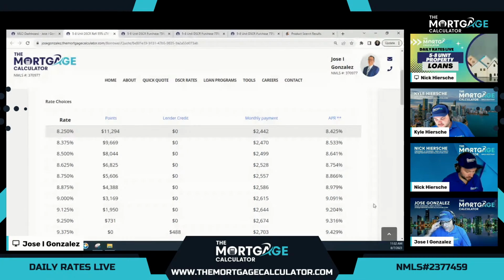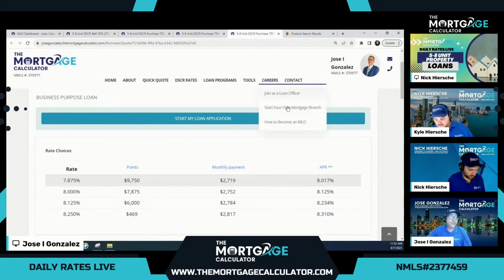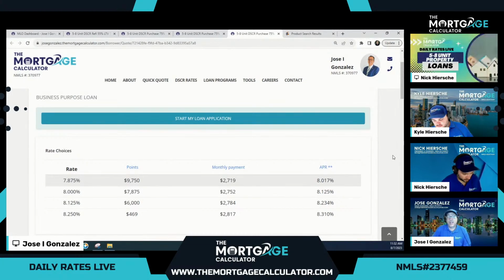As you were noting, in our first example you're looking at rates that are going to beat many of the 1 to 4 unit DSCR rates out there. And to put it into context, the rates you're going to see in most of the competition on this 5 to 8 unit residential product are definitely higher than 8.25%. I'd probably say they're going to be somewhere around 11% for somebody with this credit score. So you can see why this program is so exciting for us and why we do so well with it.